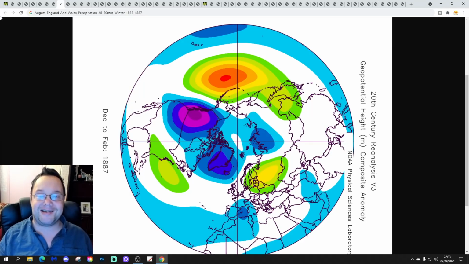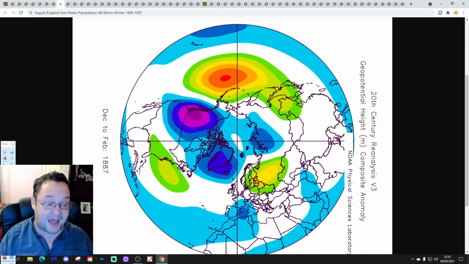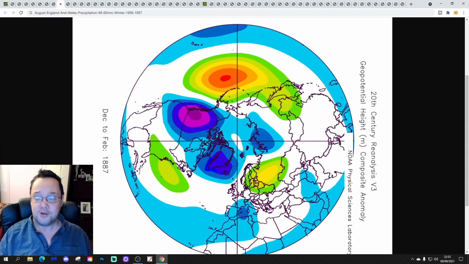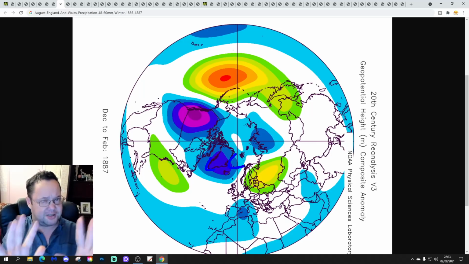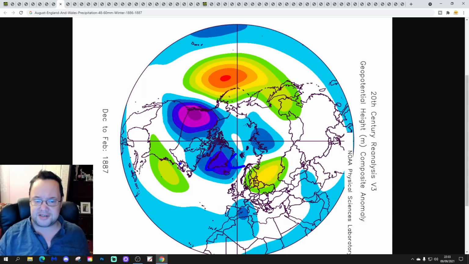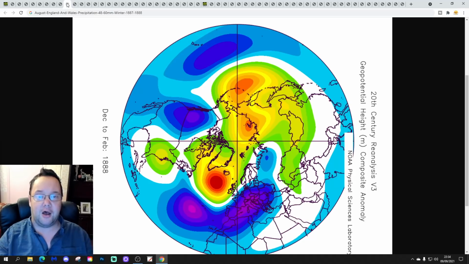We've got 1886-1887, it's back. It was there earlier, it's back again with below. Interesting how the CET and the England weather precipitation are tallying up for these earlier winters, isn't it? So, a bit of a westerly type winter, I think, this one. Not overly cold with that one.